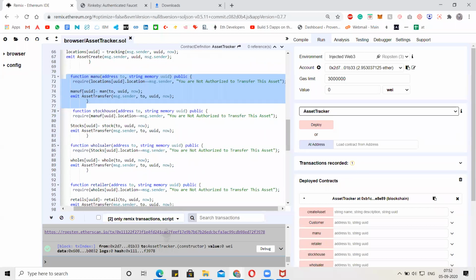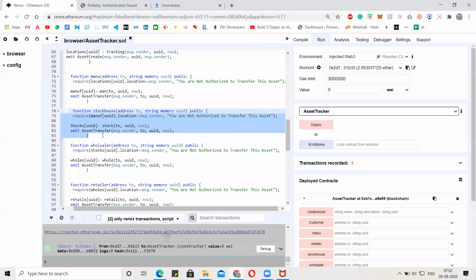Now we have a stock house. Okay, stock house is nothing but like a warehouse. It's simple, it's the same, guys. We are going to have the same logic for the manufacturer, stock house, wholesaler, and retailer. Okay, now this is all the same. We have a to address. We need to have a to address, unique UUID, and we need to see here. We are making sure that